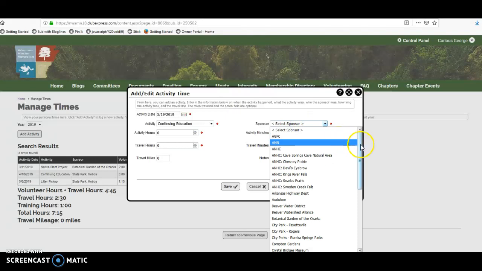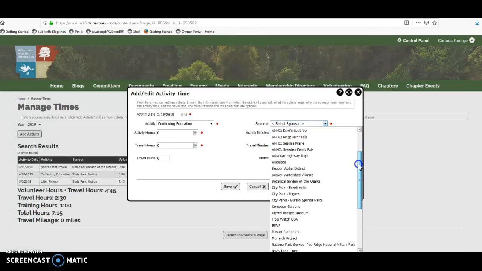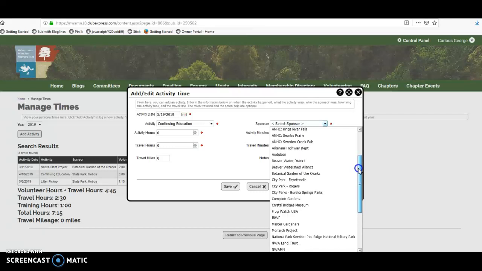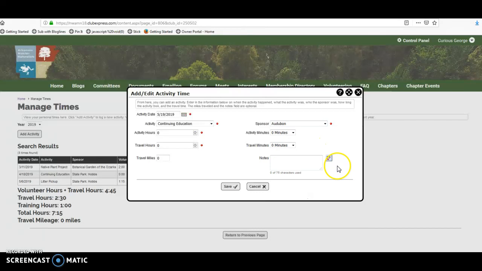And again, you're going to put, where did you get that continuing education? Perhaps you went to BioBlast. You count all the sessions there. Perhaps you attended something from another organization. Perhaps you went to a talk at Audubon and learned about bird habitat there. So you can count that. Again, we just want to know the sponsor. You can count how long your learning activity